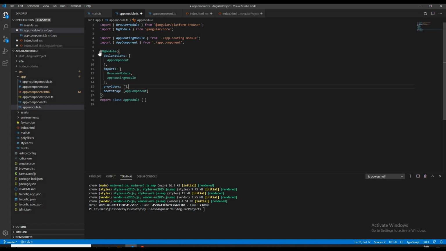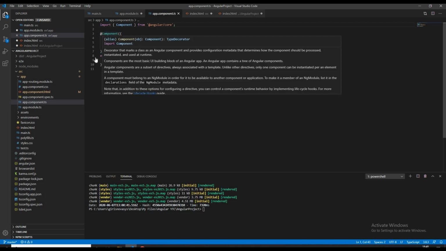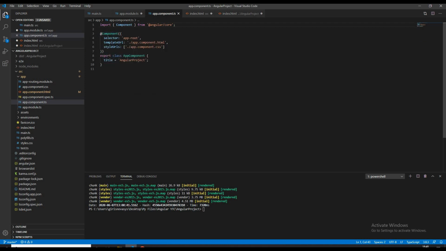Angular reads metadata, and in metadata we are saying to load app component first, and it loads the app component. So now let's go to app component. Finally we are at app component, which is the root component of the app module. This component is decorated with the @Component decorator. The @Component class decorator provides the metadata about the class to Angular. It has three properties basically: selector, templateUrl and styleUrls.